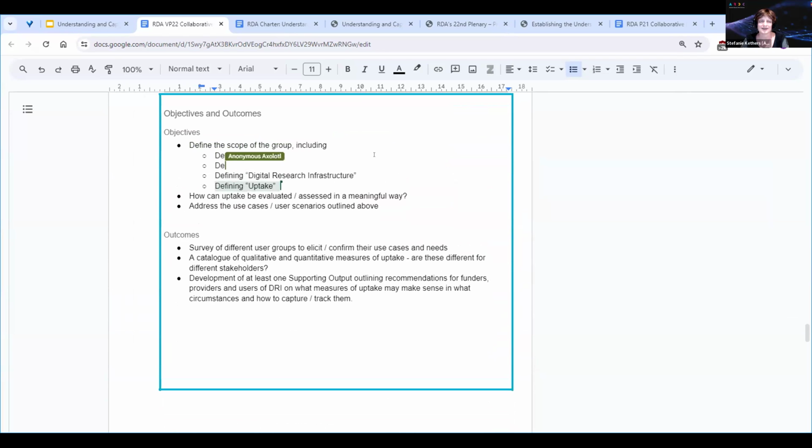Okay, good point. And the other thing is the word uptake, because that tends to be taken as numbers. Is uptake the best thing to look at? When we started this whole idea of doing this particular group, we actually started out talking about impact, and then we thought, well, impact is a big topic. Before we can get to impact, we probably have to look at uptake. That may be wrong. That may not be the best way of doing this. So your thoughts here about what we should be doing or what the group should be doing would be very much appreciated.